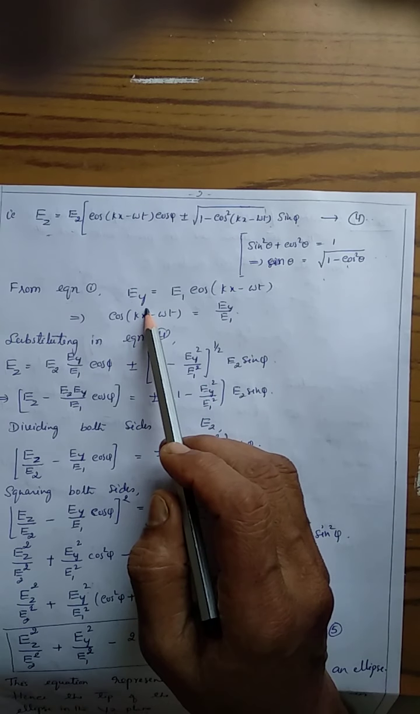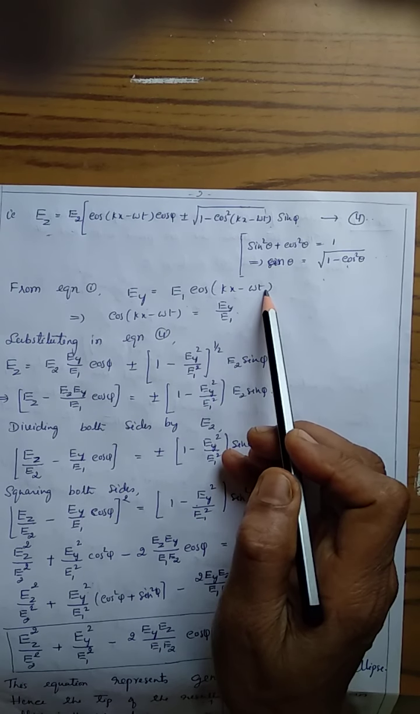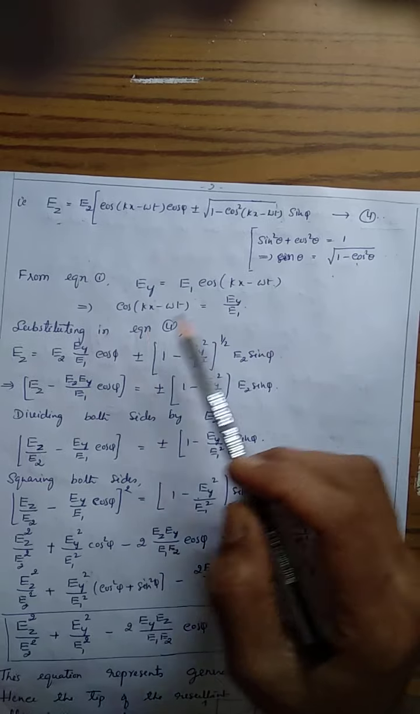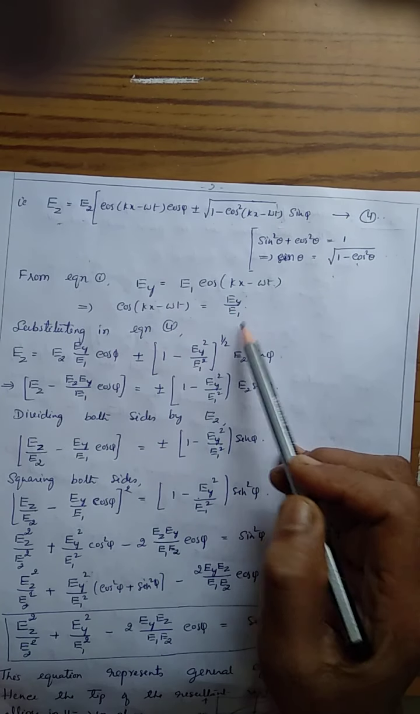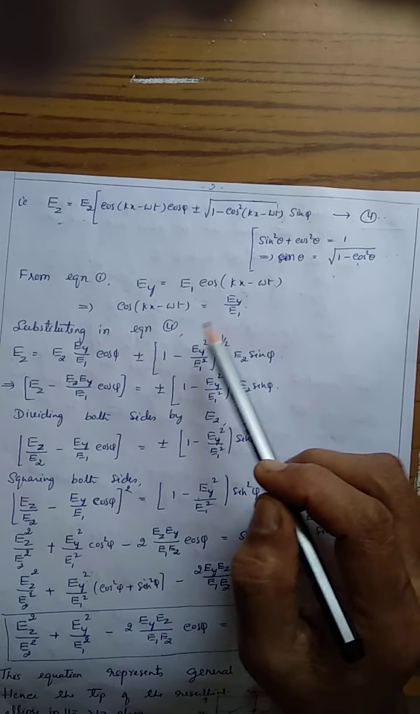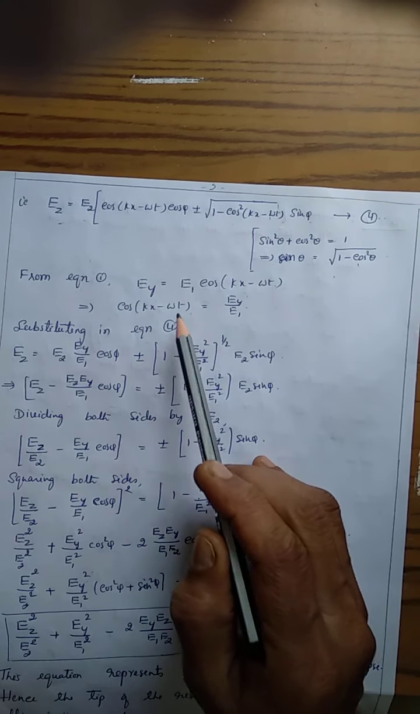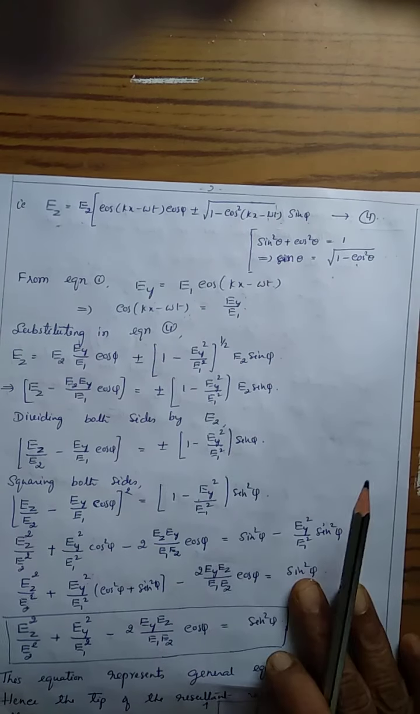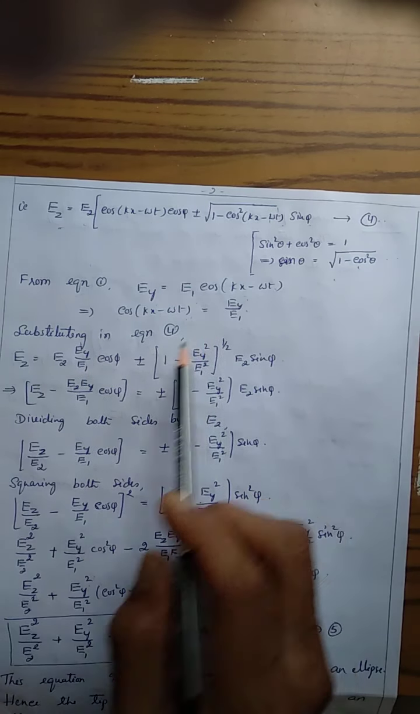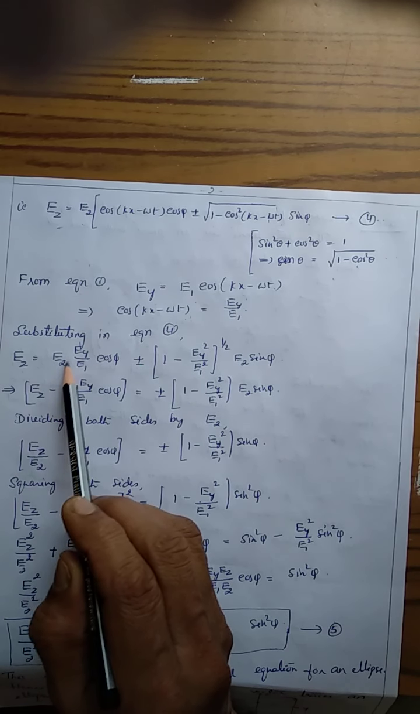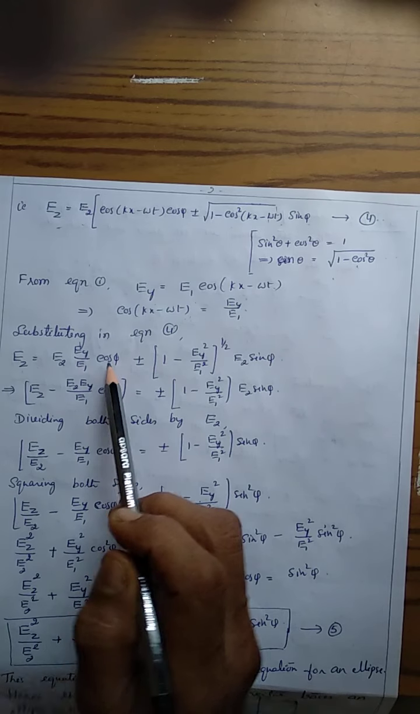Equation 1 is Ey equal to E1 cos(kx minus omega t). We can write cos(kx minus omega t) as Ey by E1. Now, we substitute this in equation 4. So we get Ez equal to E2 times Ey by E1 cos phi plus or minus